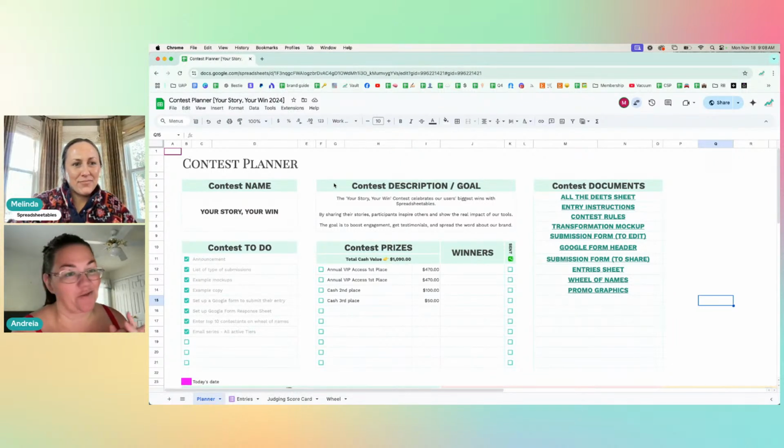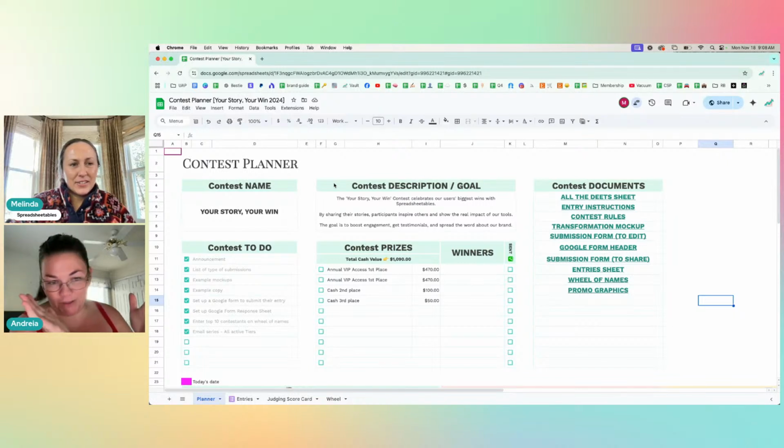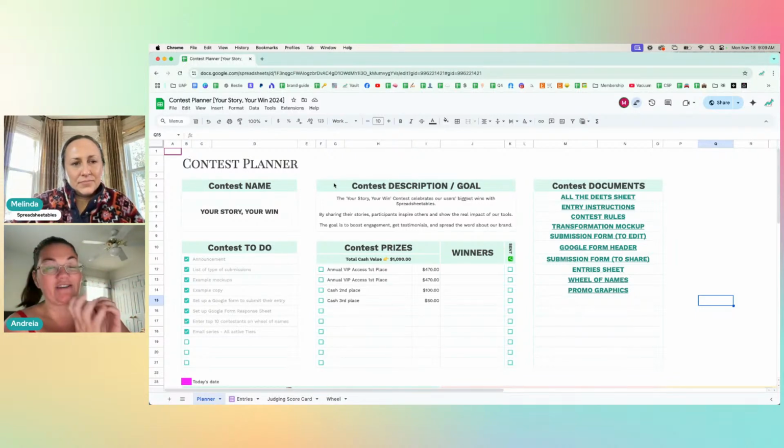We were very excited to run it, except that we had no experience whatsoever. There was no start, beginning, middle, and end. So I started putting together this spreadsheet because I'm like, okay, first things first,